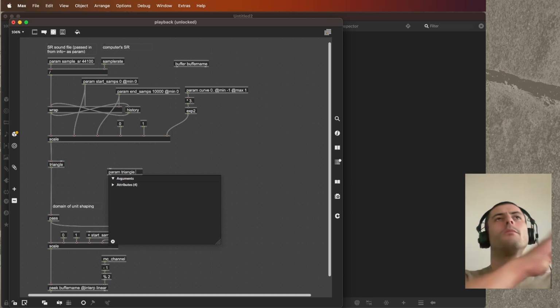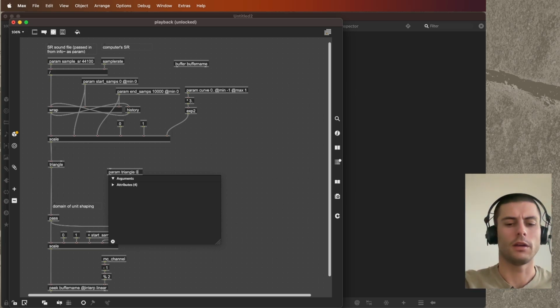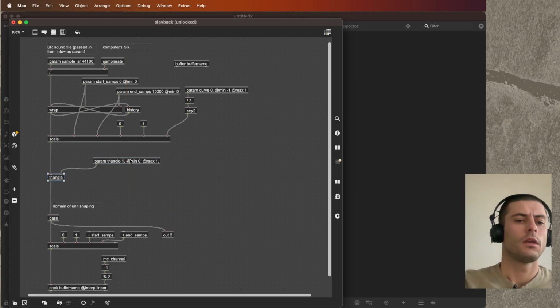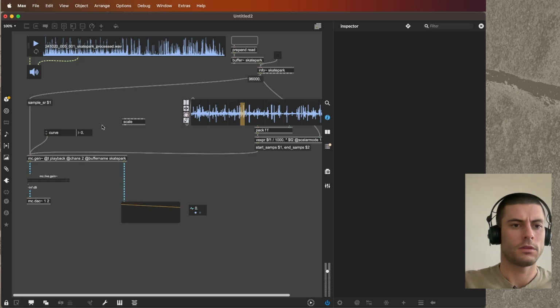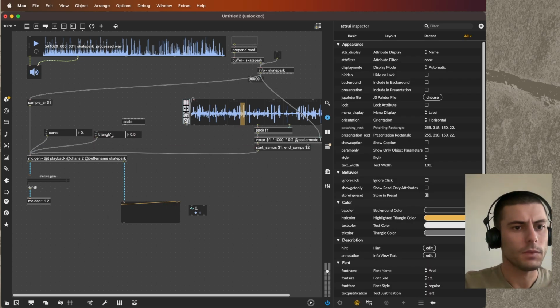It allows us to morph from a backwards phaser through a triangle to a forwards phaser. So min, max 1. So 0.5 is, I'm sorry, we don't want 0.5 as the default. We want 1 as the default because that's going to give us normal forwards playback. And in fact, let's flip it around so that we do the opposite. So we start with 0 as the default, because I think that makes a little bit more sense. So then if we take triangle and we go to 0,